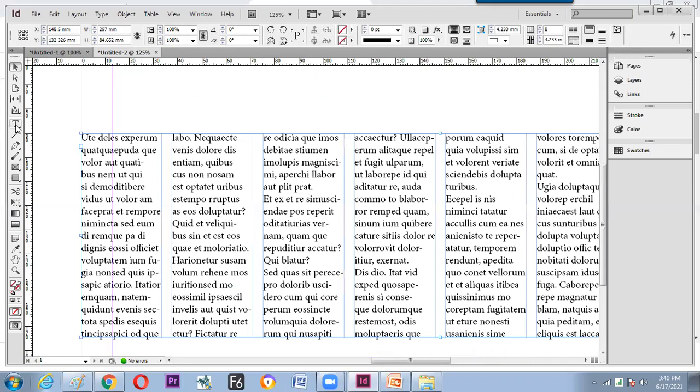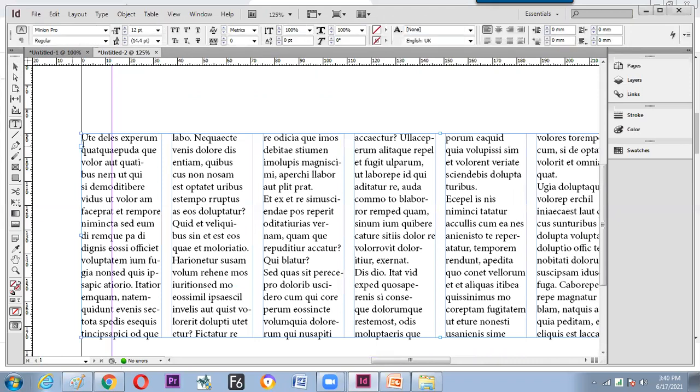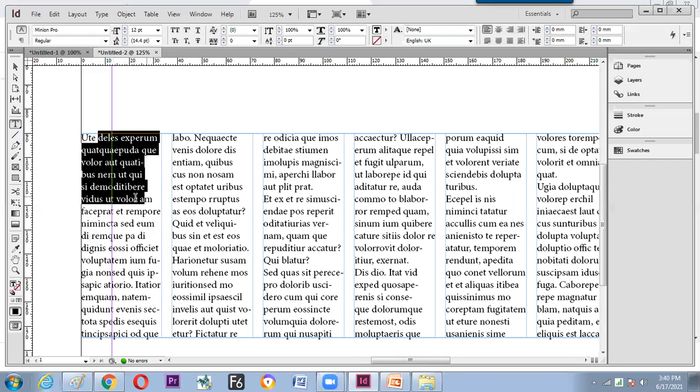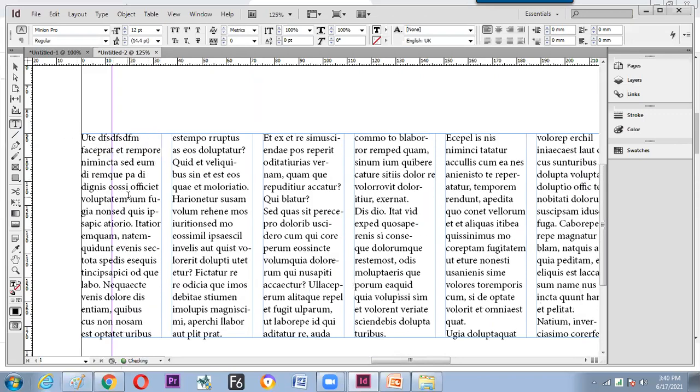We are going through a little enter operation now. Once the typing is done, we can modify it again by taking the same text tool, clicking and dragging like this, and we can type our own text or replace it with anything else.